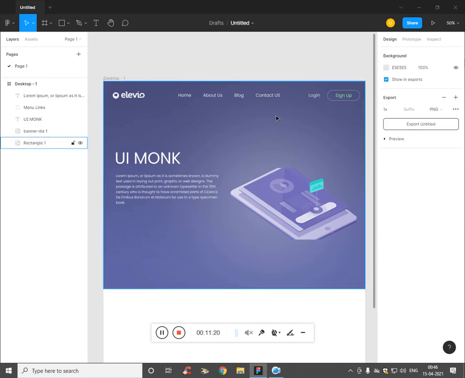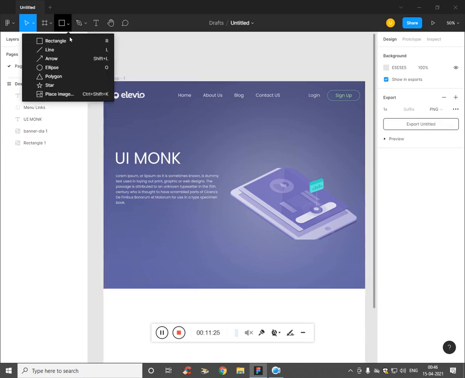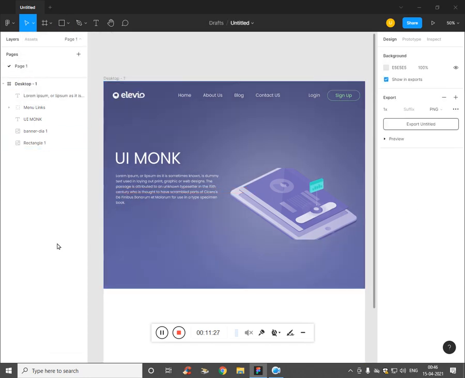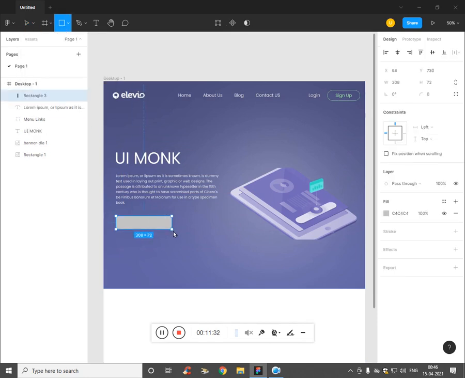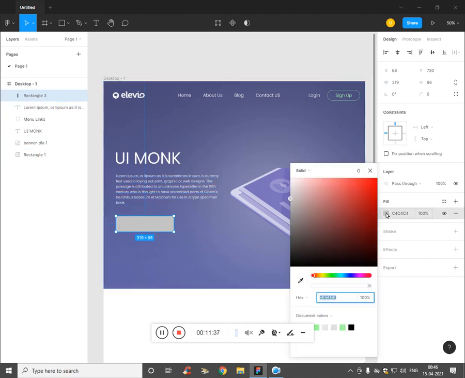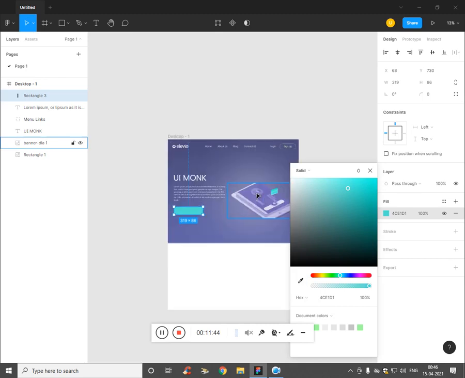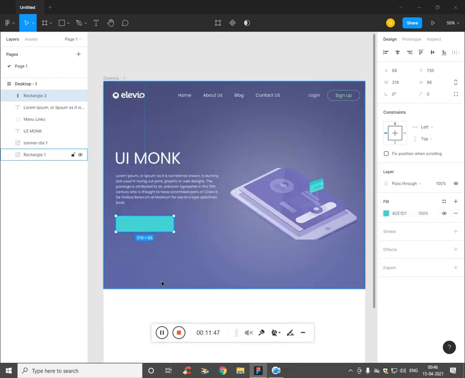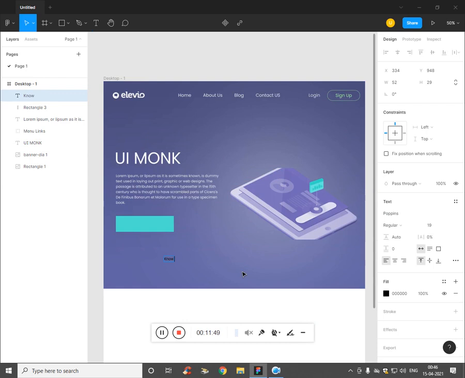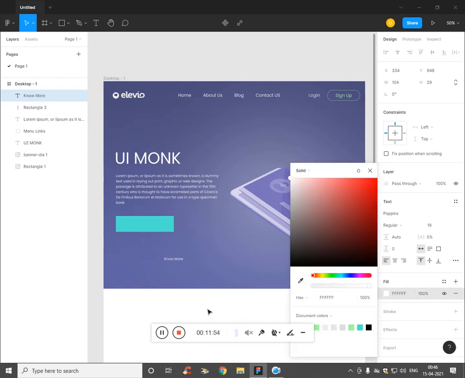To add the button, we have to do the similar thing what we did earlier. Create a rectangle, and just make the color of the rectangle. Let's choose from here and type T and the text, and make the color as white.